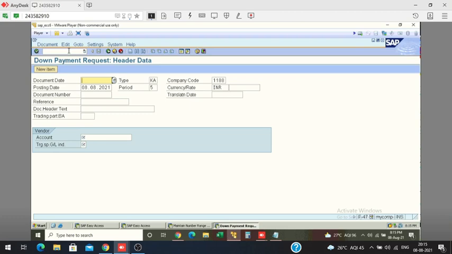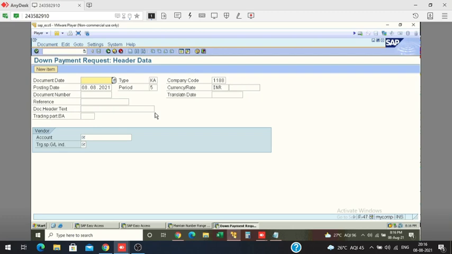For that, our purchase team, the team which is creating the purchase order, has to create one payment request as per their payment terms. For example, I have created one PO, and my vendor is saying that you have to pay me 50% advance.